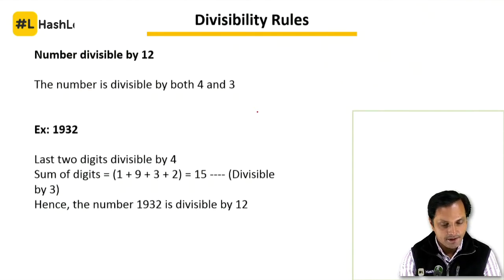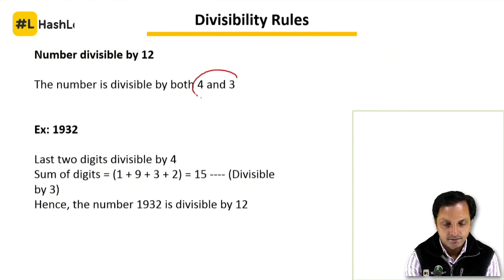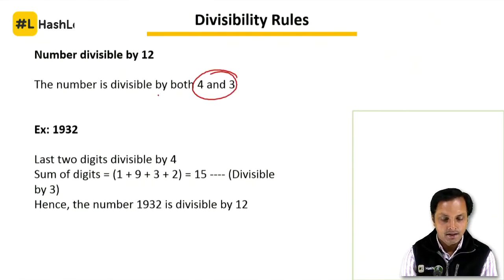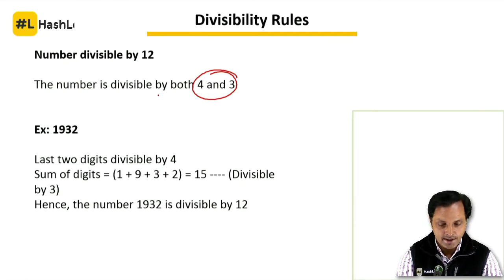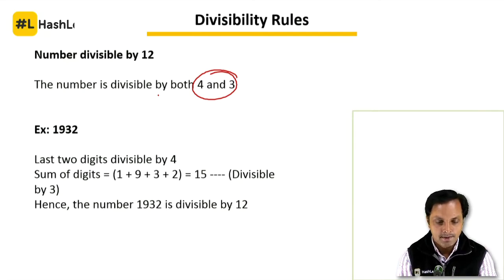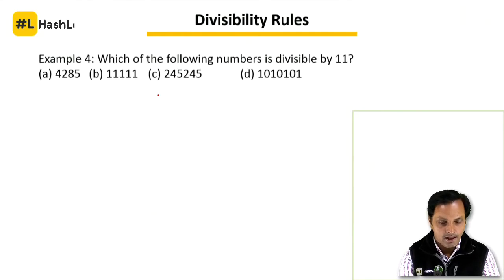Then you have divisibility by 12. The number is divisible by factors 4 and 3, so the number should be divisible by 4 and also by 3. You know the divisibility test for 4 and you know the divisibility test for 3, so you can do that. Here is an example: